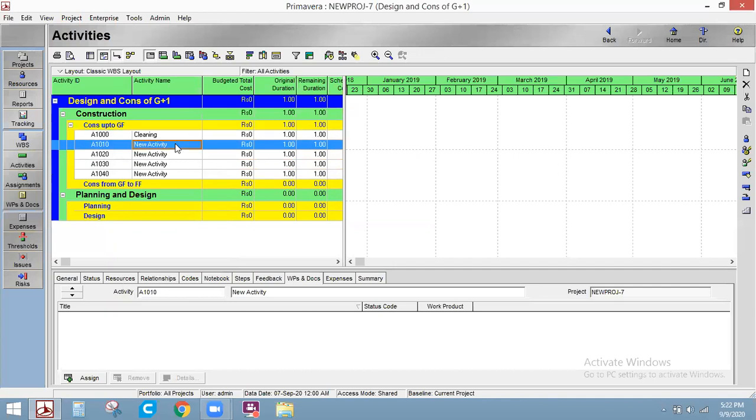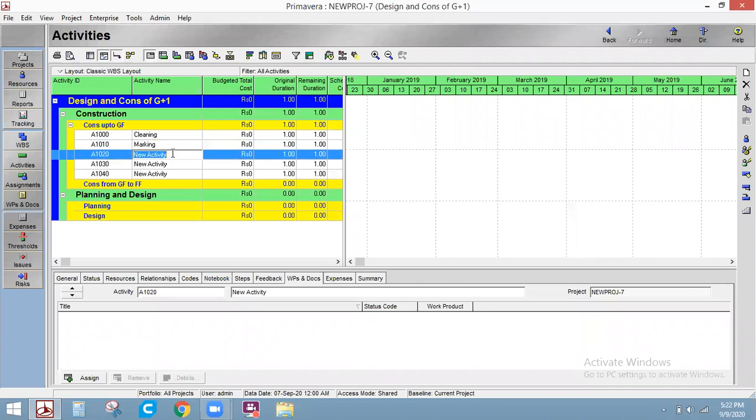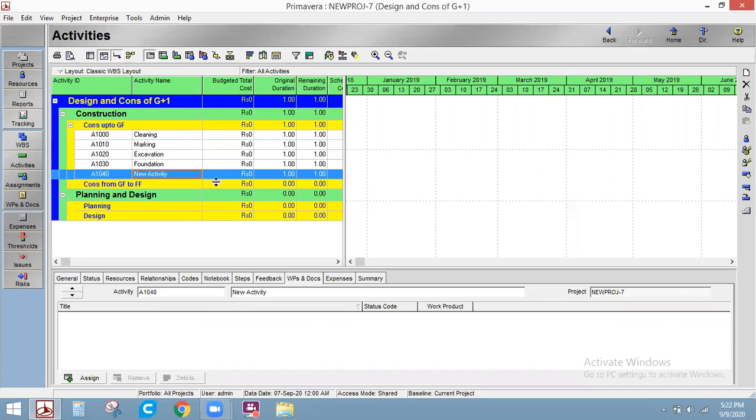Cleaning, marking, excavation, foundation, and this is plinth. These are some of the activities that I have portrayed here.